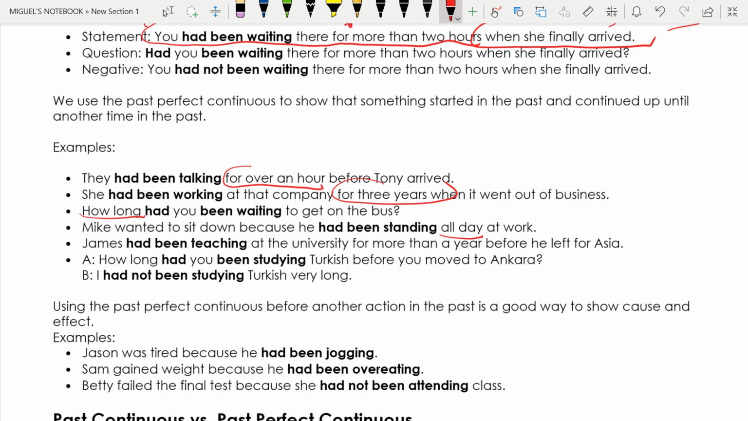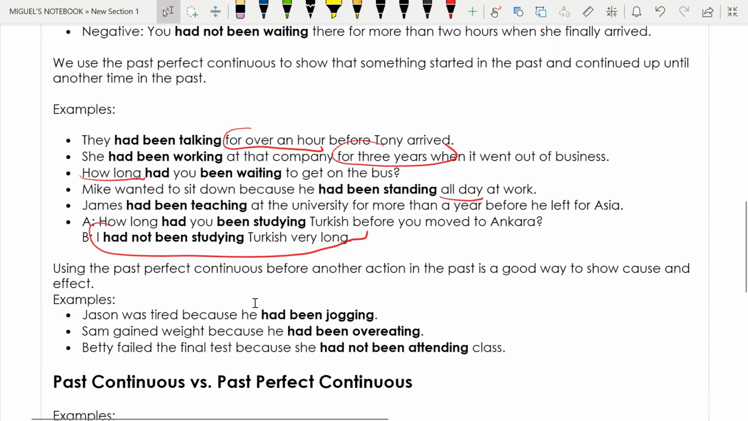Dice, I had not been studying Turkish very long. Okay. Entonces, using the past perfect continuous before another action in the past is a good way to